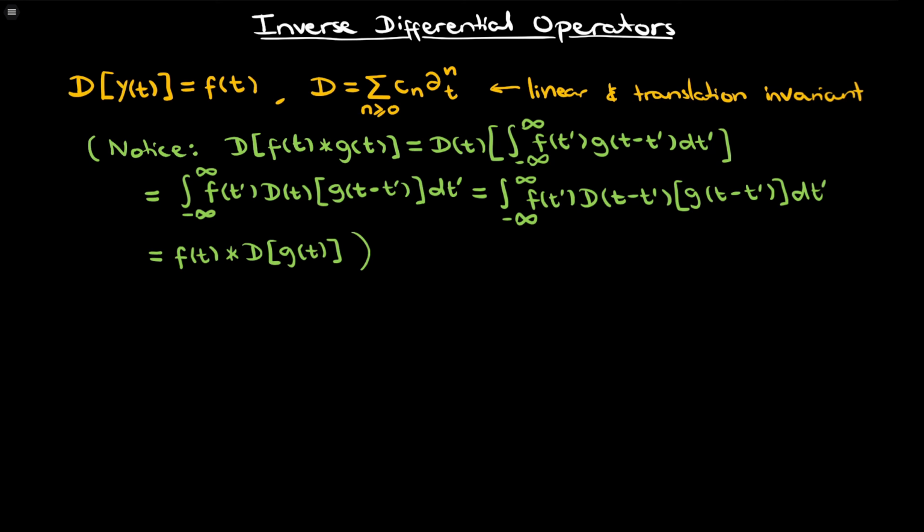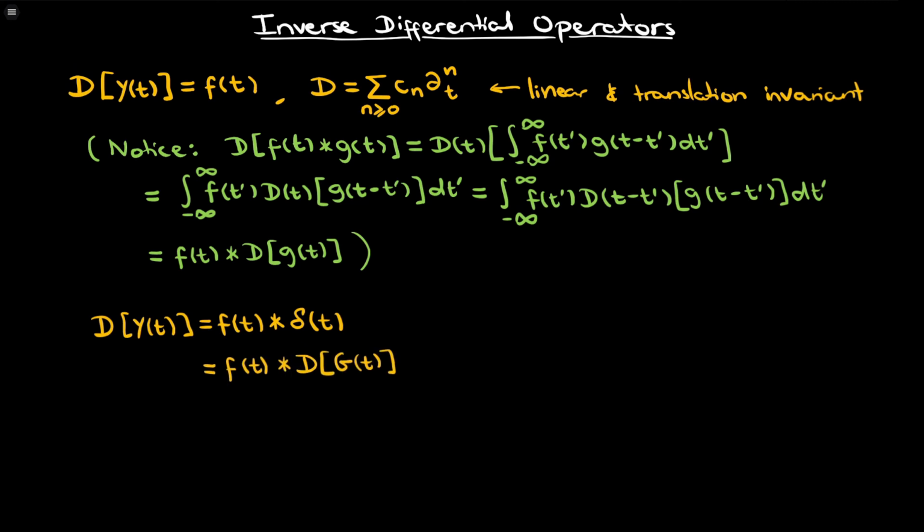Keeping this in mind, let's rewrite the differential equation as D acting on y of t is equal to f of t convolved with delta of t. If you recall, we said that we might be able to think of a force as a sequence of little kicks, or instantaneous impulses, and it is in this sense that we mean that. f of t convolved with delta of t is the lens through which we can view the force as a sequence of impulses. But delta of t is exactly the differential operator acting on the Green's function g of t,